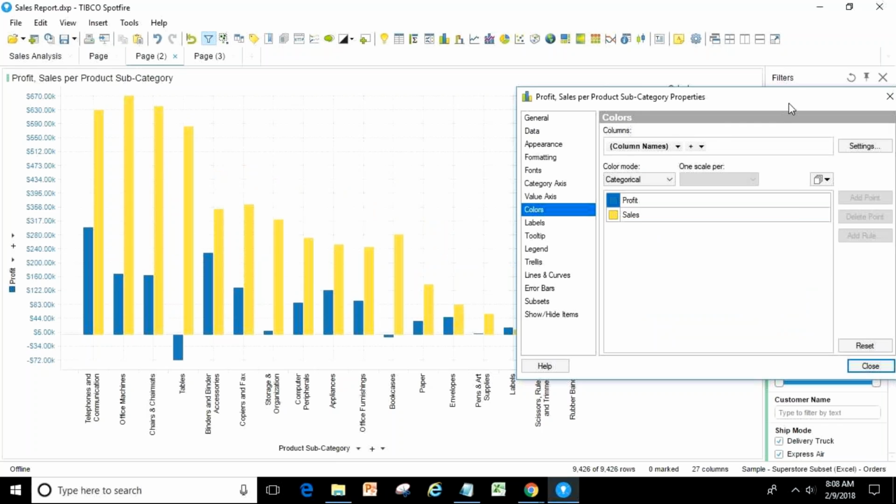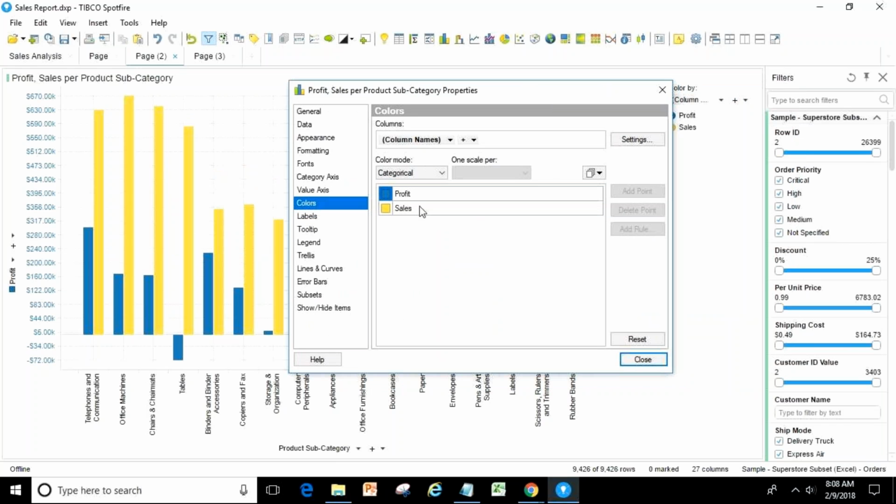Then you have colors. Colors I already know, like we are using category column names now. That's the reason we don't need to put any colors or rules here, since we are using Excel. Otherwise, our rules will go off. And as of now, when we have the column names, we cannot use rules here. Add rules, the rules which we created last time in the cross table.